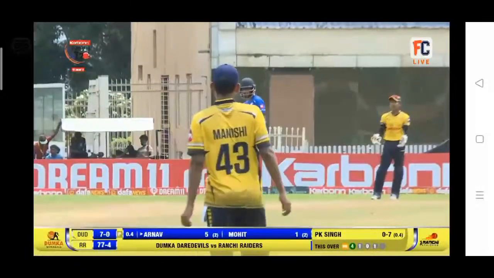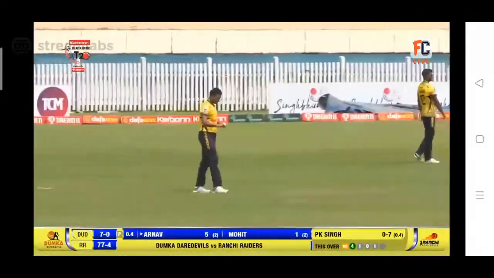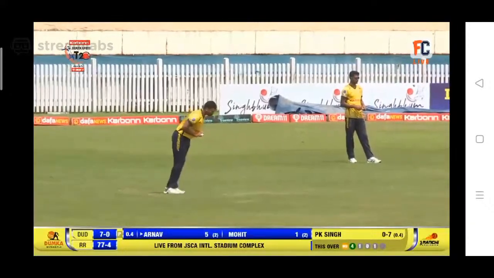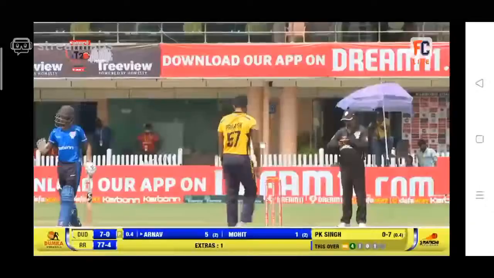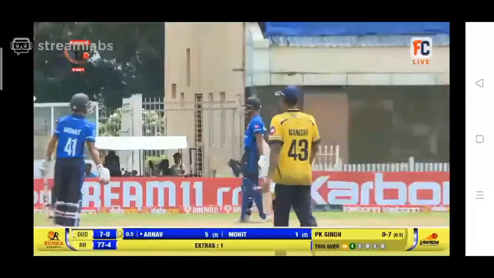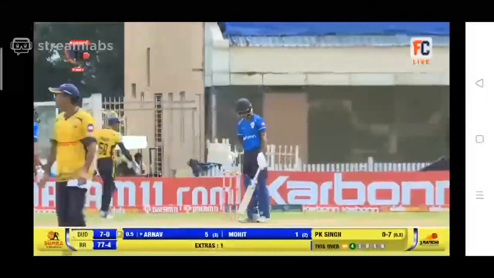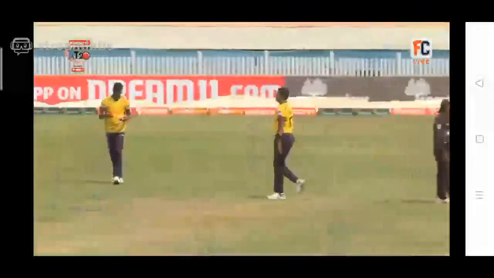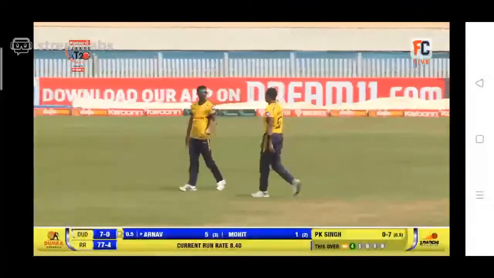Chasing a victory target of 78 in 8 overs, little less than 10 runs per over. Rising and flashing outside the off stump, the batsman Arnav was beaten. Oh, now the ball is coming up.